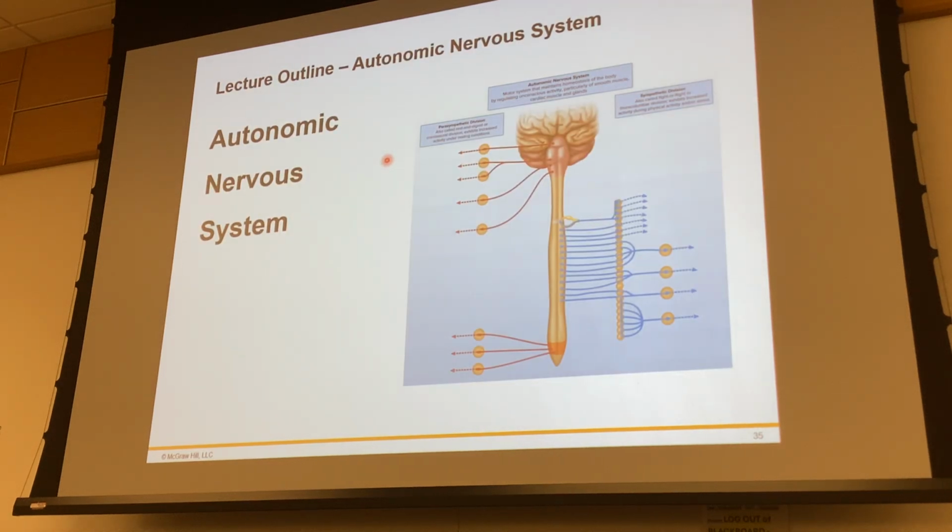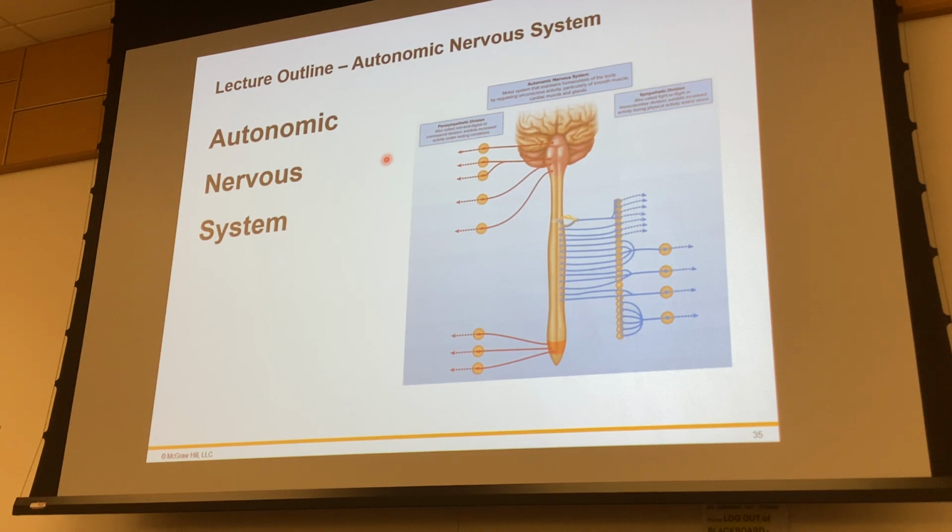And so what I want to do now is end this lecture here. We've just talked about the somatic nervous system, all the different sensory structures associated with it. And for the final topic, we'll talk about the autonomic nervous system, and we'll see how far we go